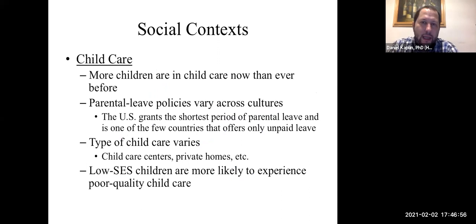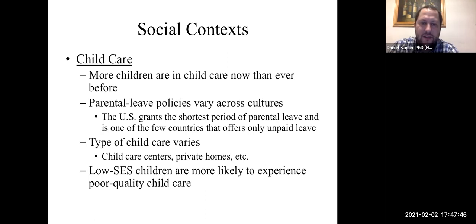More children are engaged in public childcare than before. However, parental leave policies are starting to be granted. And in Western nations, there are laws to protect family medical leave or for taking care of children. But what we find interesting is that the United States grants the shortest period of parental leave of any other Western nation. And oftentimes it's unpaid leave. So if the parents have to go back to work, who's taking care of the children? They're put in public child care centers,